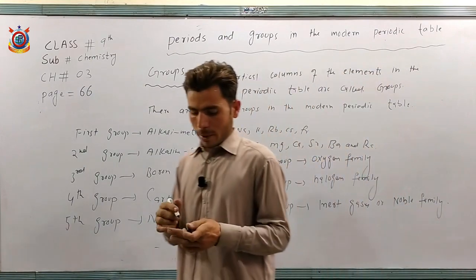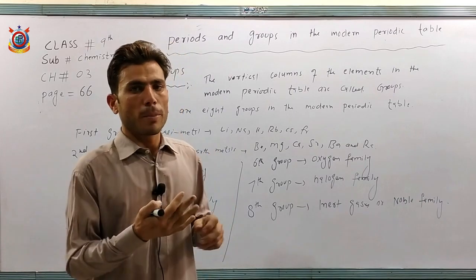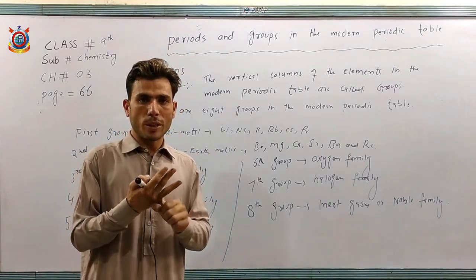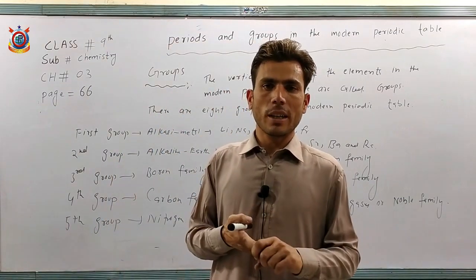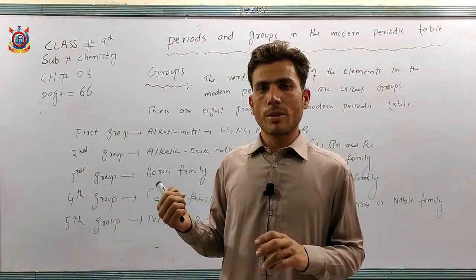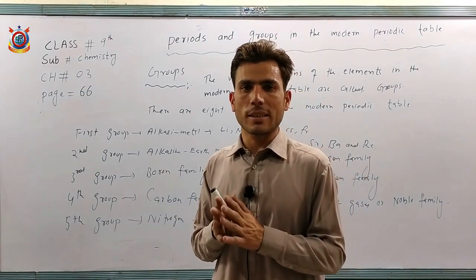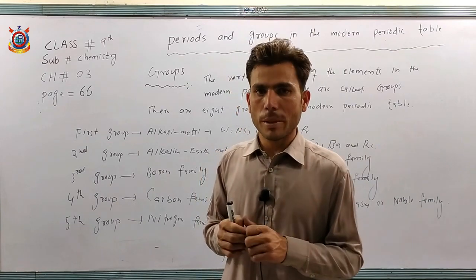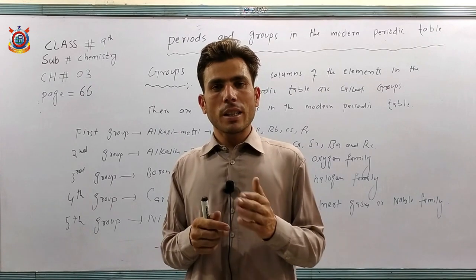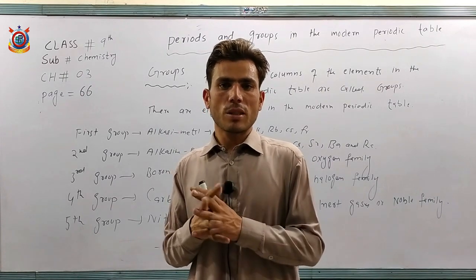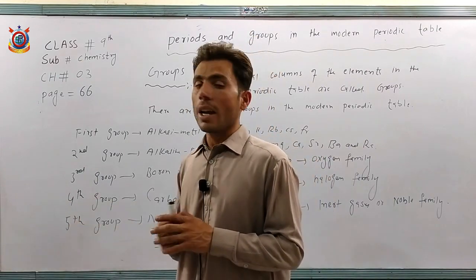So the modern periodic table is, in simplified form, divided into 7 periods and 8 groups. First period is called shortest period. It contains 2 elements. Second and third contain 8 elements each. Fourth and fifth contain 18 elements. Sixth and seventh contain 32 elements, in which the 7th period is still considered incomplete because there are some elements whose properties have not been studied properly. After getting sufficient information about these elements, maybe their position will change. So that is why period number 7 is still considered incomplete.